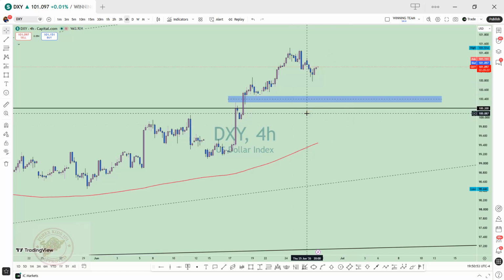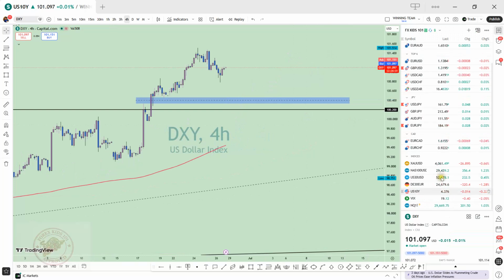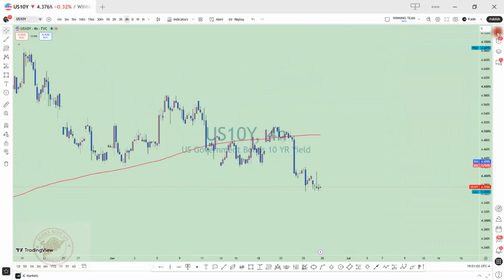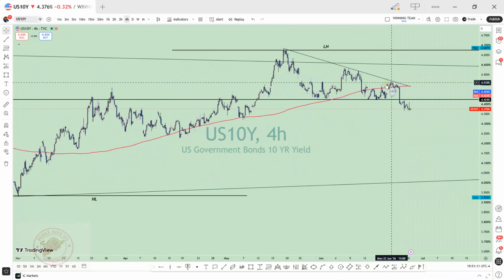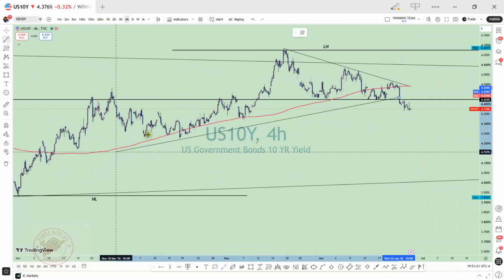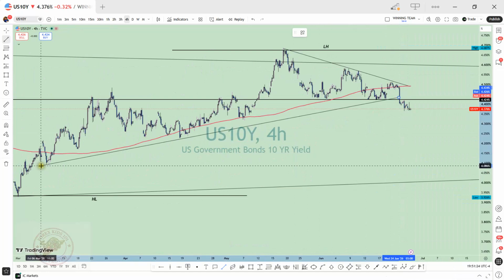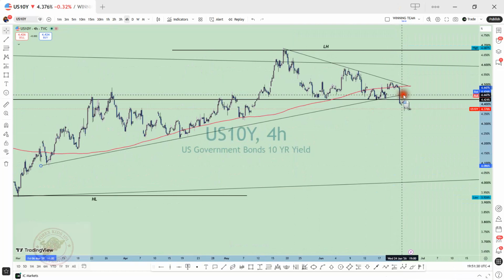Okay, so another correlation instrument that we need to check is gonna be US10Y, which are yields. Okay, the yields, it was given to me that they were gonna drop. Okay, I knew that the yields were gonna drop. I think I said it before that the yields are about to drop. I'm gonna be looking for a drop on the yields. Okay, I remember touching on that part on my previous videos,